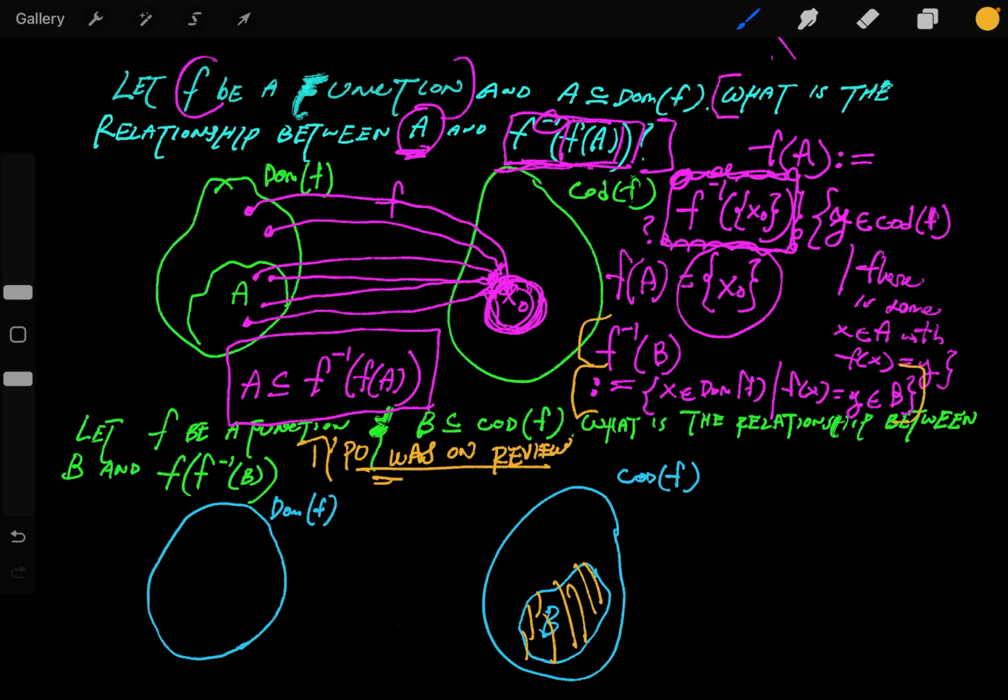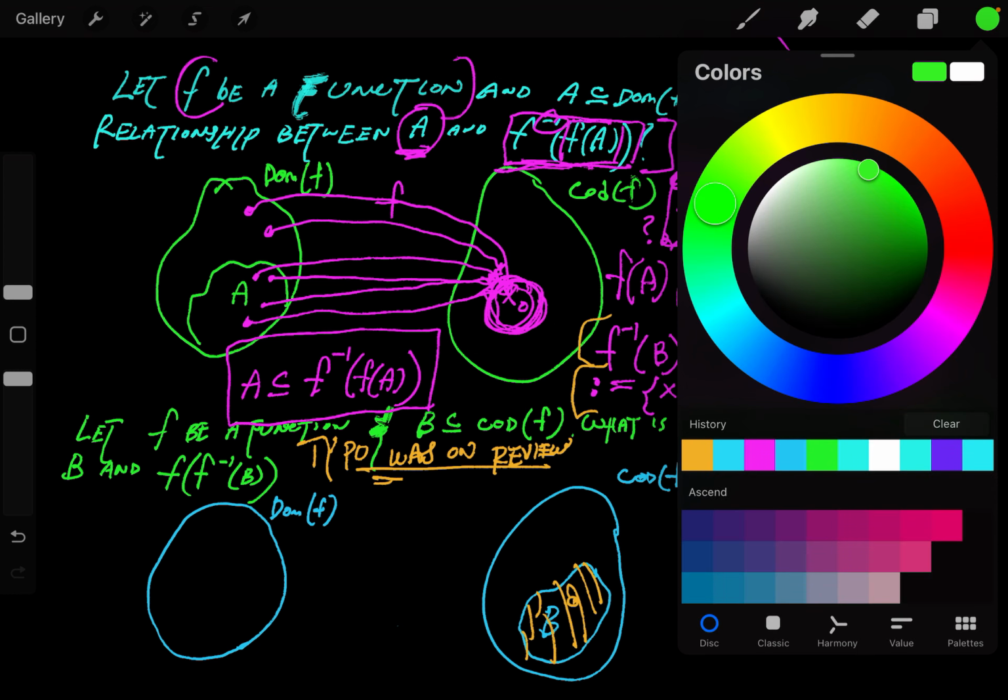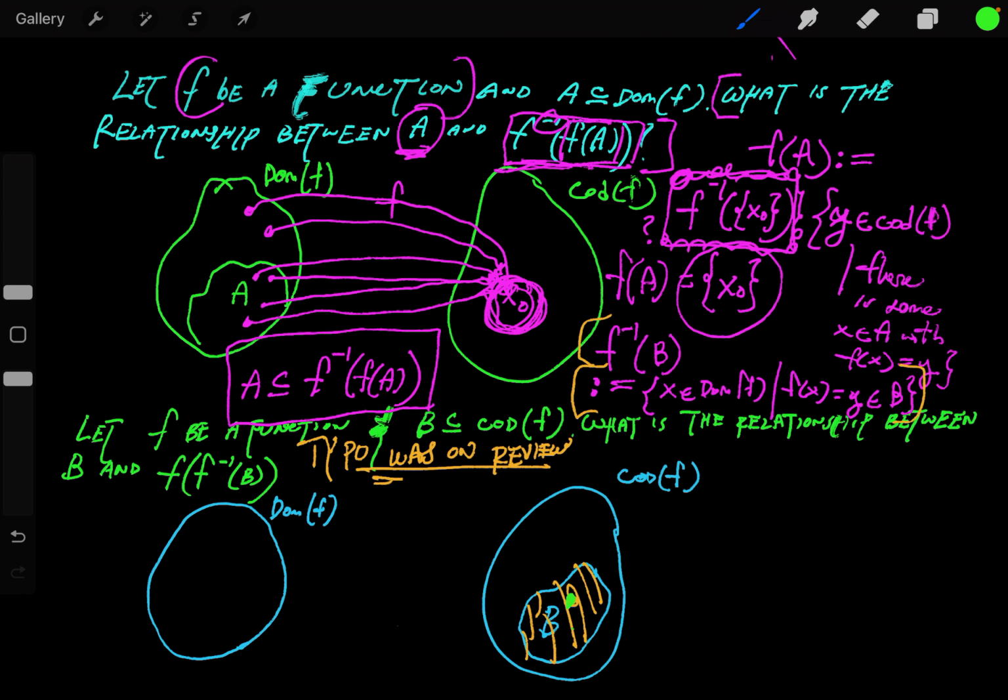Let's see, what do we need to happen here? So again, you see I'm figuring this out as I go. Let's say we have these elements inside B, these green dots. Now the inverse image is going to be this here. So that's going to be the inverse image. Now I want to show,